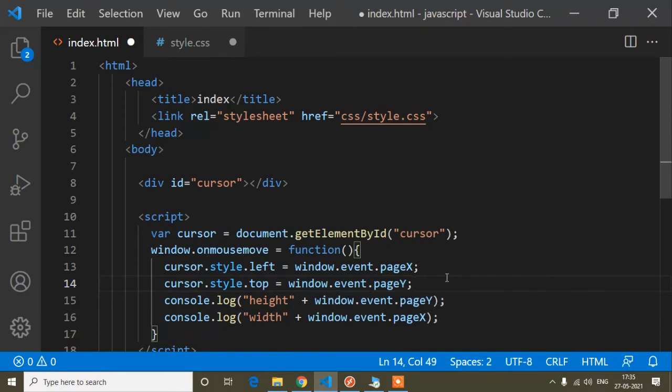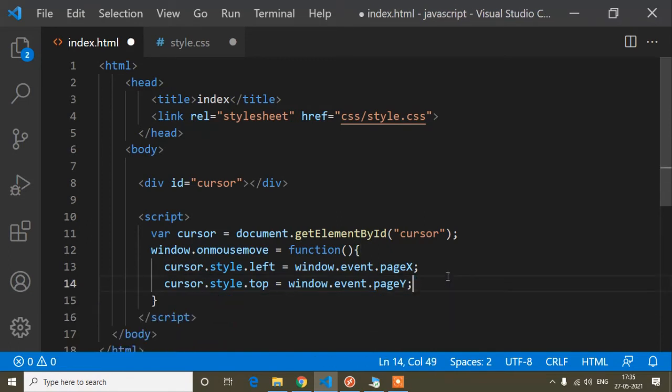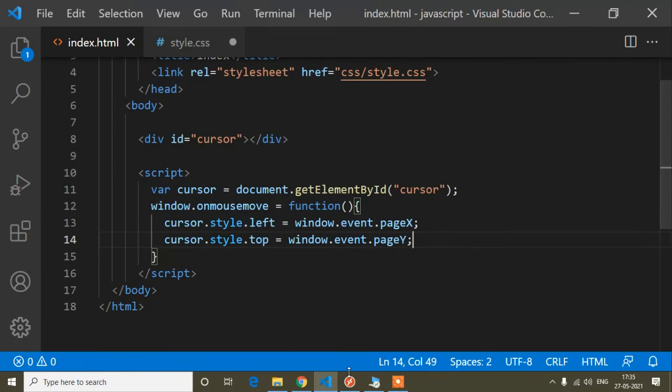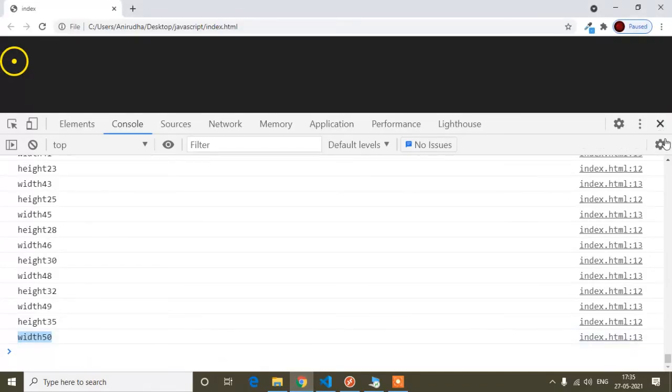So now it's done actually. I will remove this console log and save, close the console, and refresh.